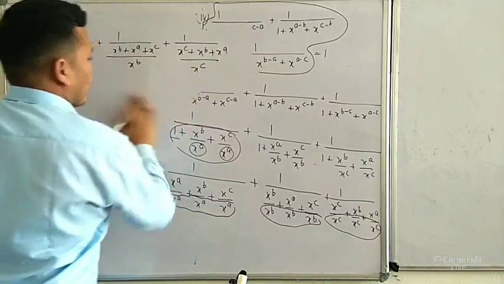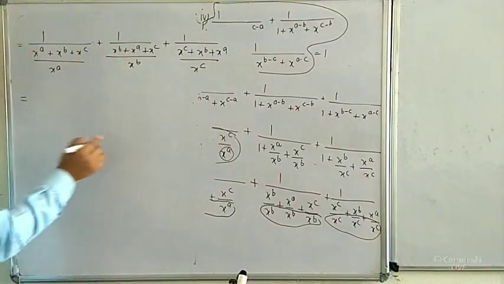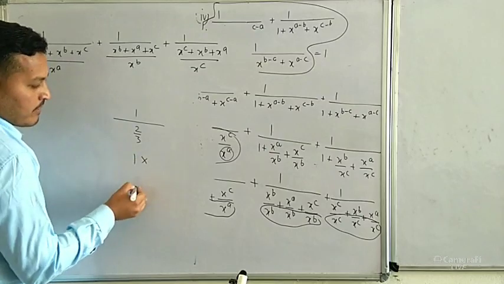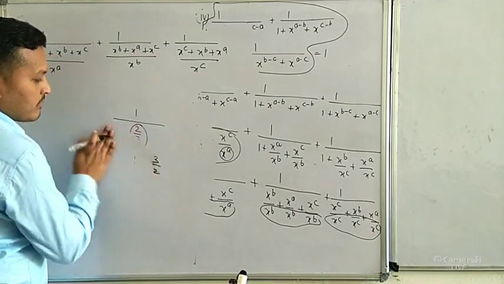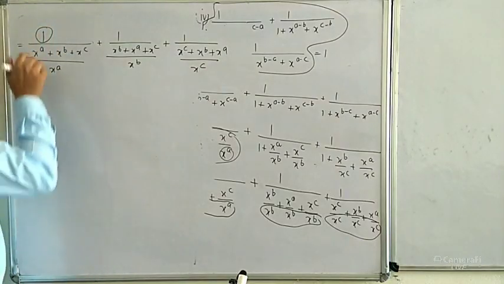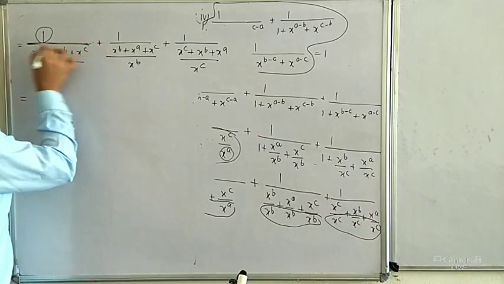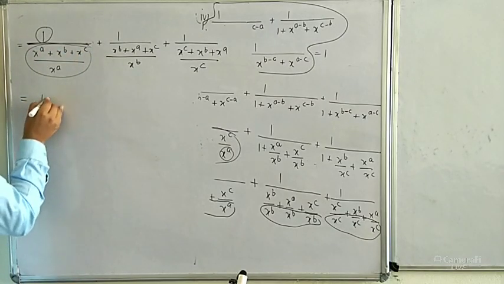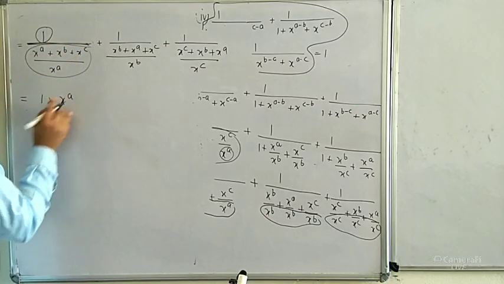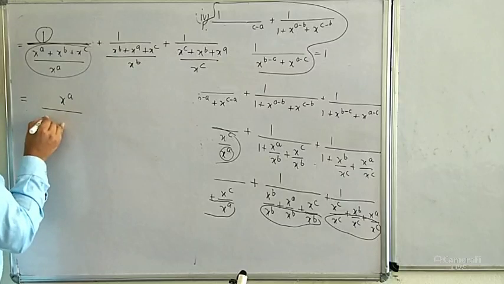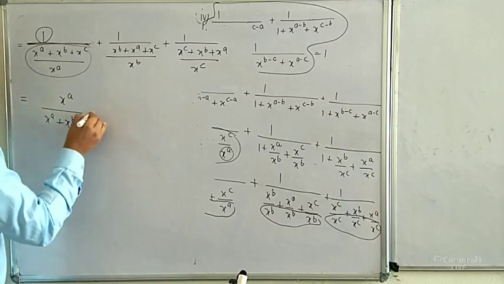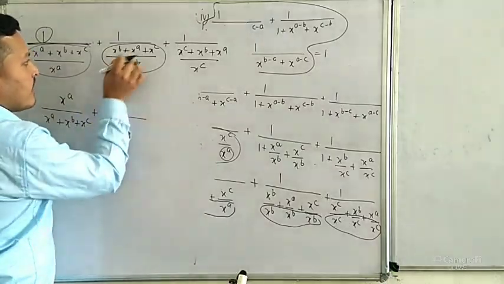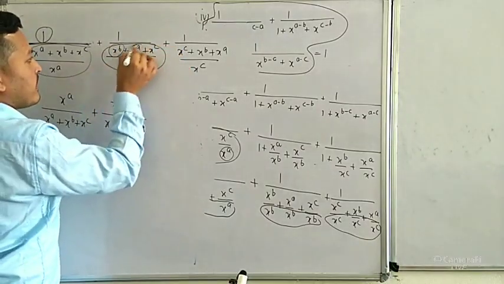okay, so now on solving these three parts, okay, देखो अगर आपके पास given है 1 whole upon 2 upon 3, okay, so this thing we can write 1 multiply by the reciprocal of this fraction, so 3 upon 2, so similarly we can write here, this is the first part and this is the whole, okay, this is the whole line, means 1 upon then one more fraction is coming here, so what can we write this, so 1 into the reciprocal of this fraction, so x to the power a, so then 1 multiply x to the power a, x to the power a, then x to the power a plus x to the power b plus x to the power c, then plus similarly we can do here, so x to the power b, the reciprocal of the denominator fraction, then x to the power, arrange in the form of a b c, this is x to the power b, x to the power a, x to the power c,